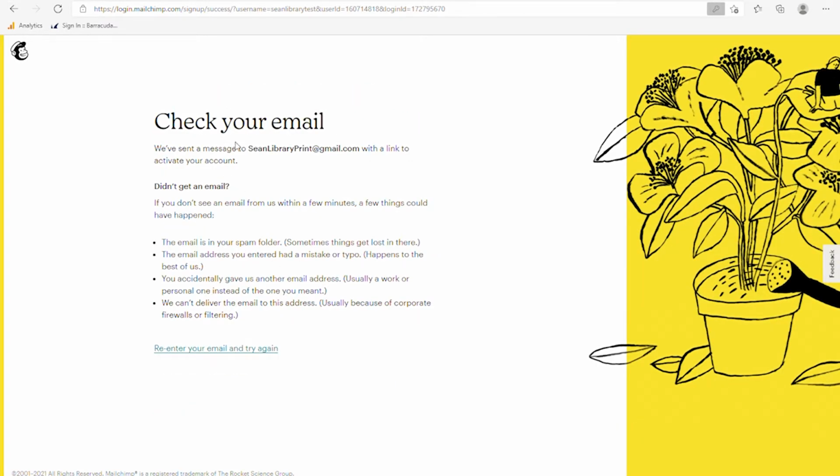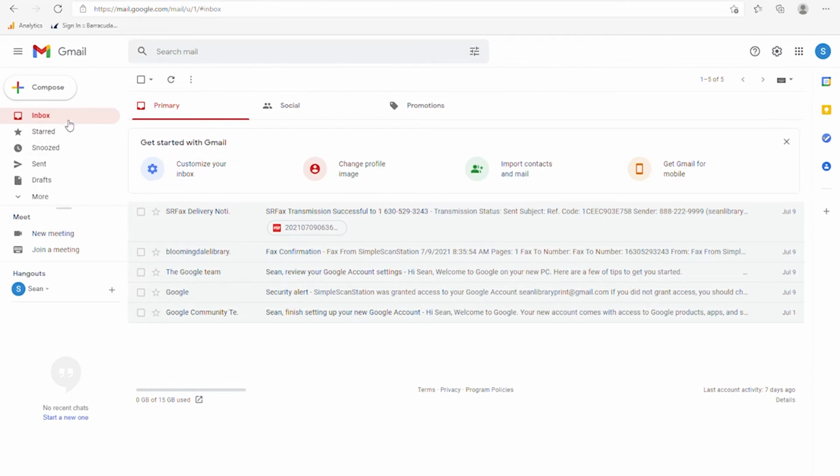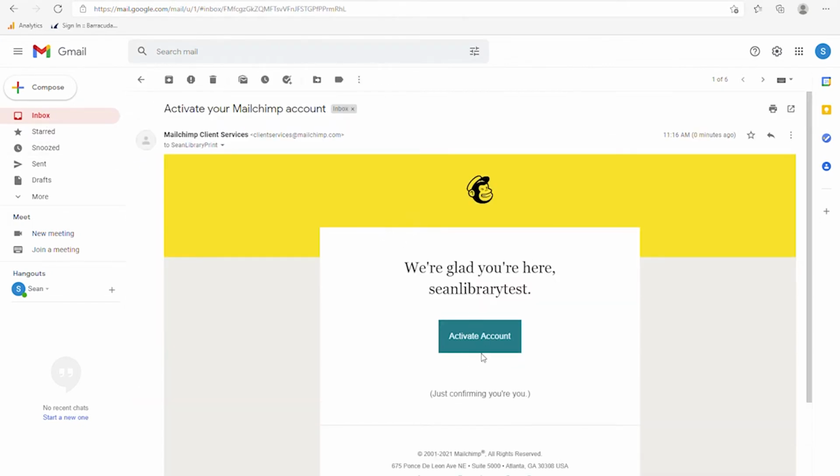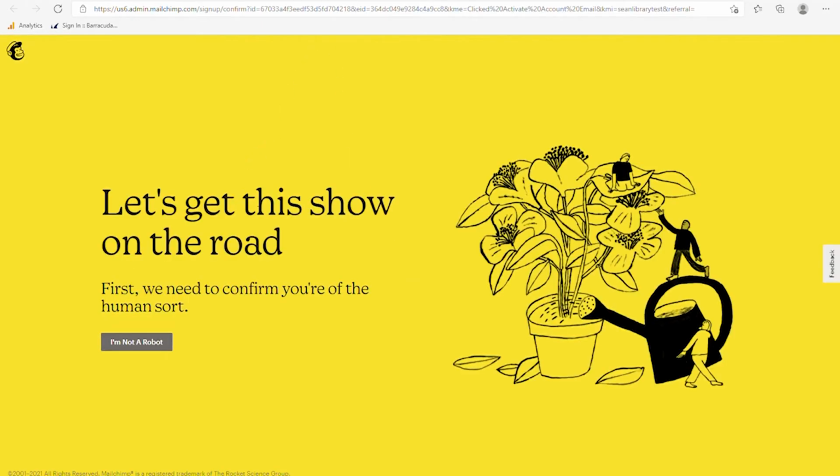Now it's asking me to check my email. I can go over to here, check my email, and there is the option to activate my MailChimp account, confirming that it's me. I activate that, and here we go. So it says, let's get this show on the road, and then we are going to begin the whole sign-up process. So once I confirm that I am not a robot,